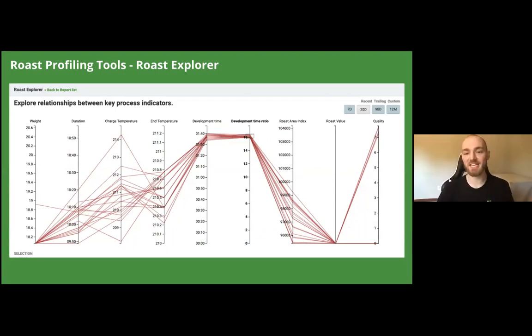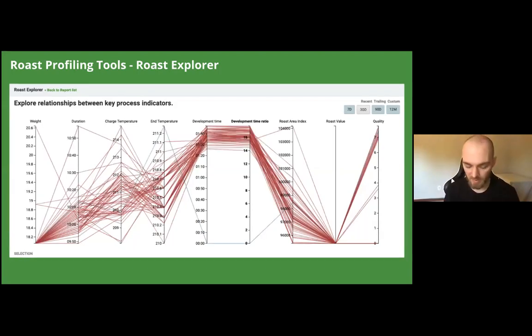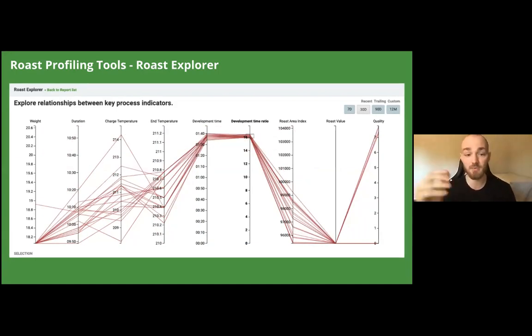So anyways, what I was saying was if we take development time ratio and we narrow that band, let's look at 16% development time ratio in this case. If you can see what happens to quality, now all of a sudden for this particular profile, because all these roasts are of one particular profile, it's not much, but all of our quality scores, and this is